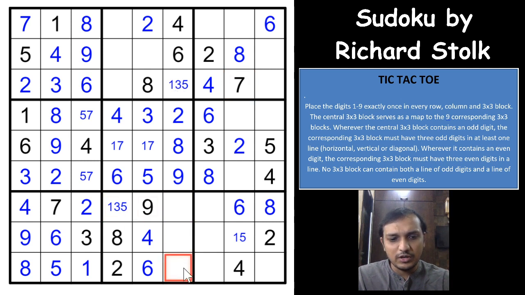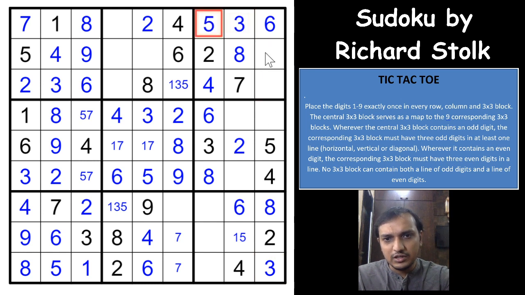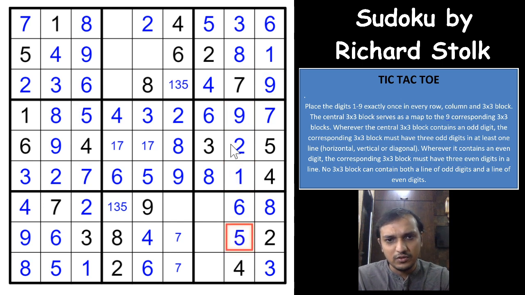7 would have to be in one of these 2 cells. 3 cannot be here, so 3 would have to be here. That's nice. So that gives you a 3 here, and that gives you a 5 here, that gives you 1 and 9 here. So this is 1, this is 9, this is 7, and that gives you a 5 and 7 here, that gives you 1 and 9 here, right? So this is 1, this is 9, this is 5, and this is 1 and 5, right? Okay, this is 9.